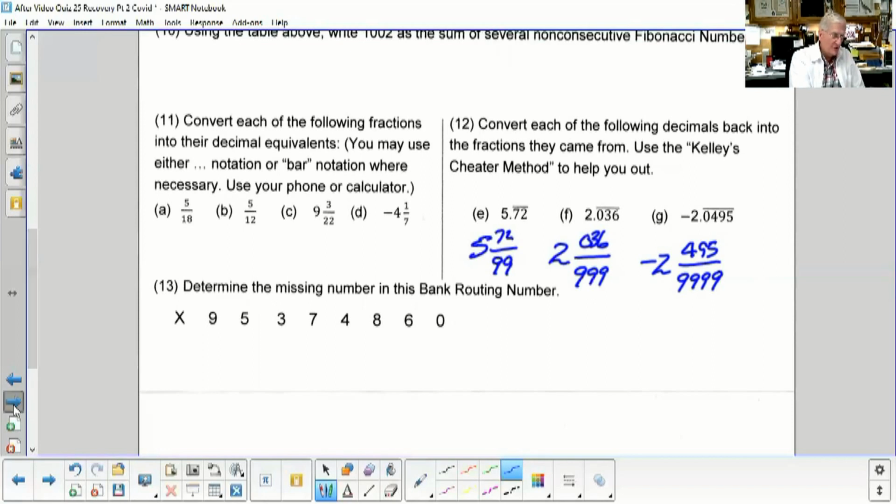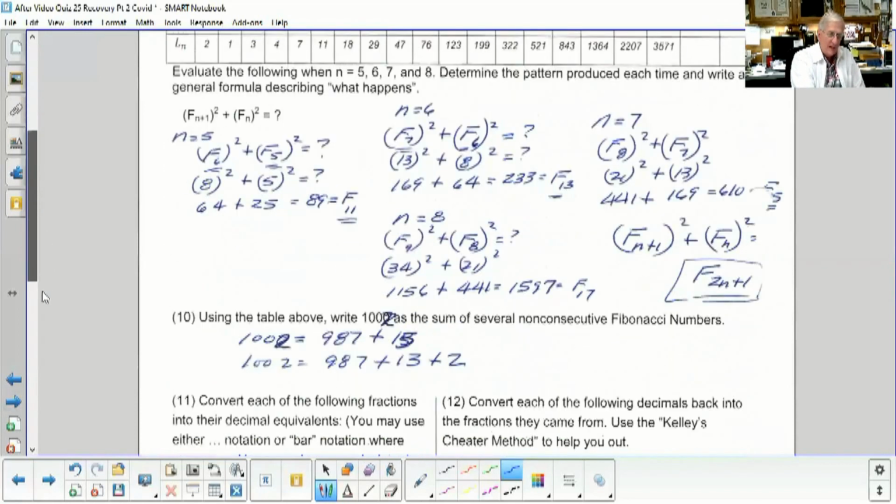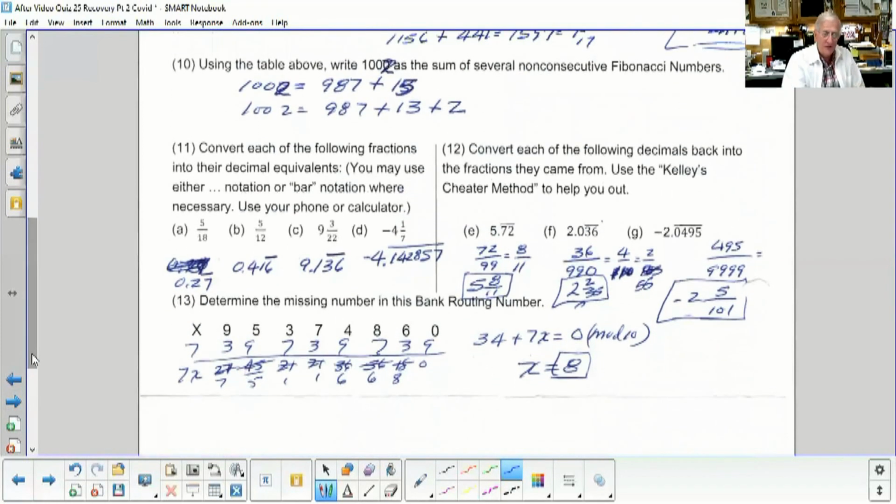Now, let's go over and see if I have the answer key to this sheet, and I believe I do. So here are some examples that work for the first 2 up at the top there. You know that we said we didn't have to do anything with the first one. The second one, I don't know if my picture's blocking it or not, but make sure you have 3 dots on the end if you decide to use 1, 2, 1, 2, 2, 1, 2, 2, 2, 2, and all that. And here are the answers down towards the bottom. I reduced these, but you don't have to do that. But we had the numbers right, 495 over 4 9s,